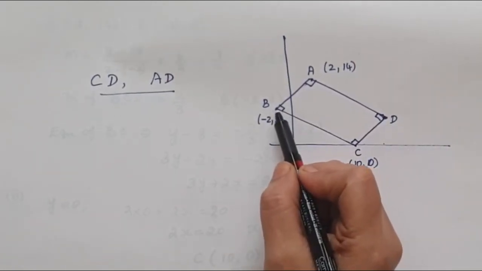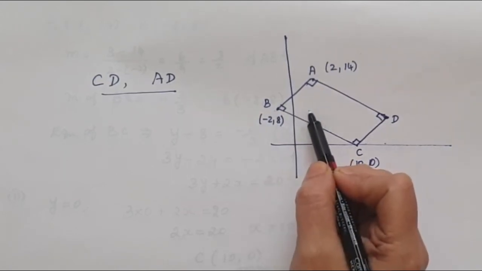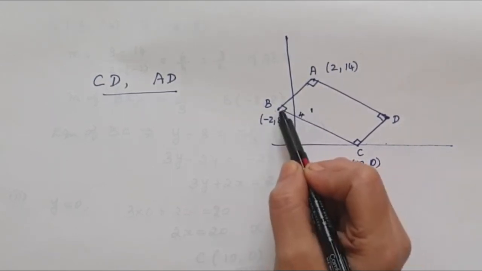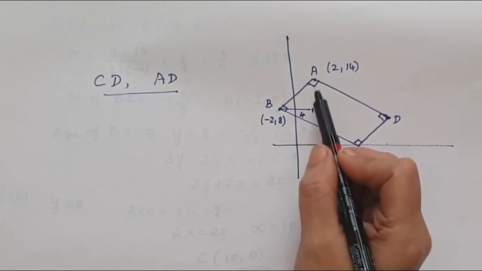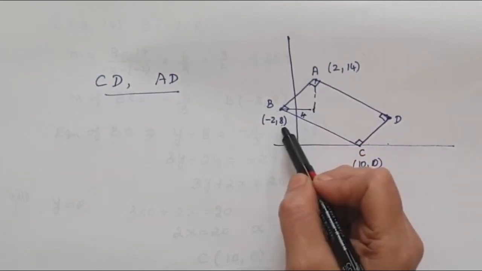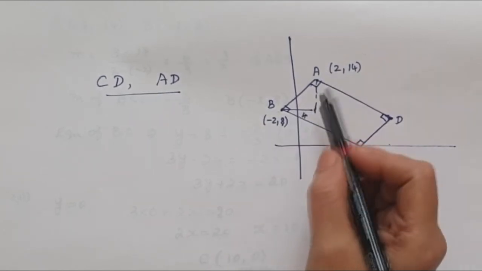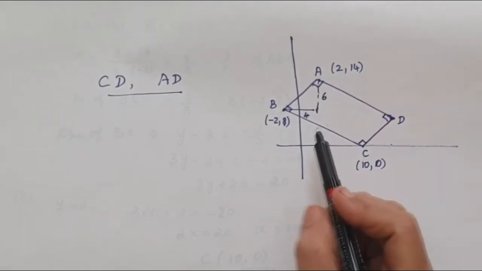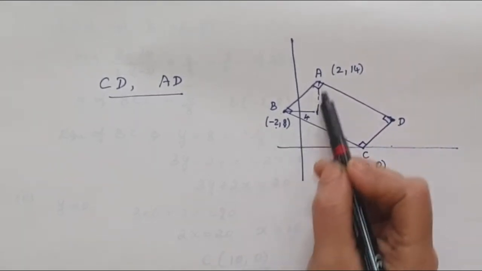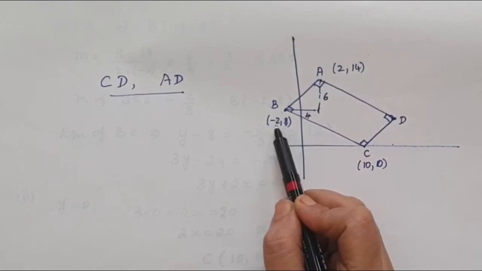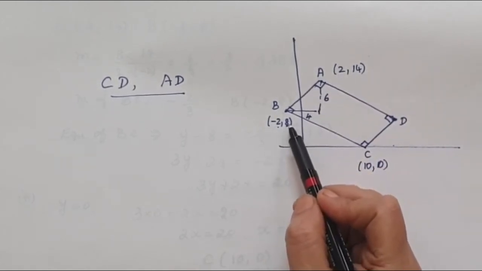So now when we take it from -2 to +2, 4 blocks it has moved in the x direction. And if you take the y direction the same way, 8 has to be added with 6 to get it as 14. So to reach from this point to this point, our x coordinate has to be added by 4 and our y coordinate must be added by 6.